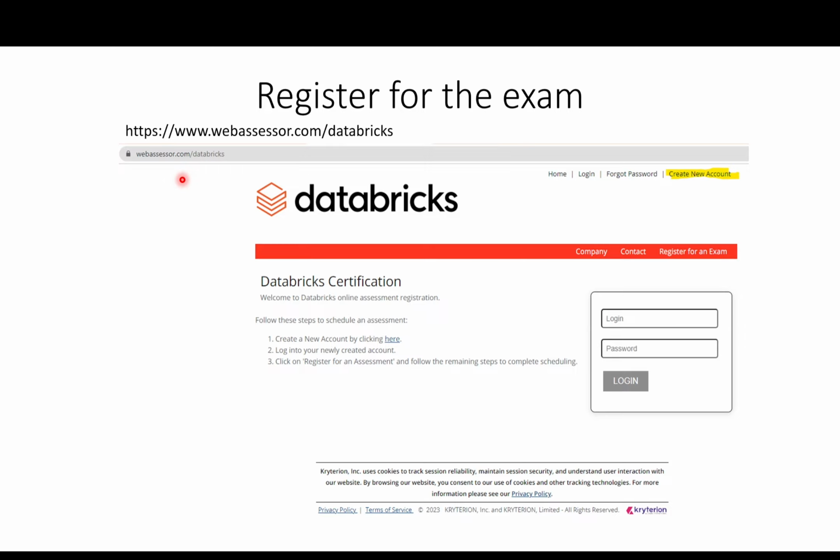The Databricks certifications are taken through the Webassessor platform via this link. You need to create an account there and schedule your exam. You will be monitored by a webcam by a Webassessor proctor, and I read somewhere that they might ask you to provide a valid photo based identification, so keep your photo based ID with you before you start